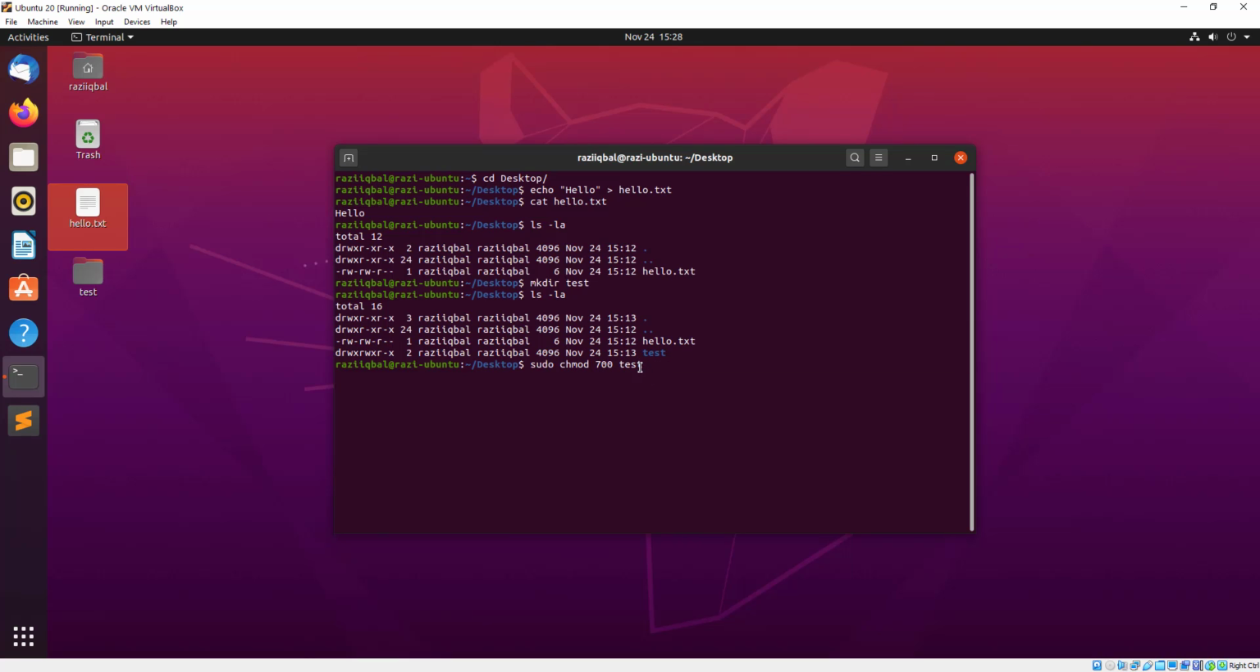So I want to change permissions for this test folder, and I have to be in that directory, and this is the directory I am in. I want to change this permission to 700, which means that only the owner of this file should have read, write and execute permission. Everybody else should have no access: no read, no write, no execute, right? So if I press enter over here